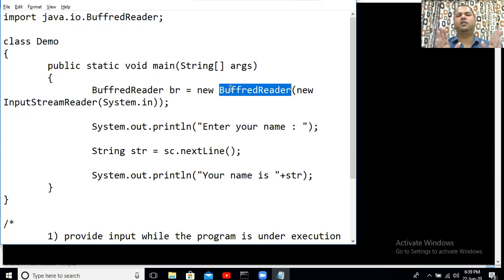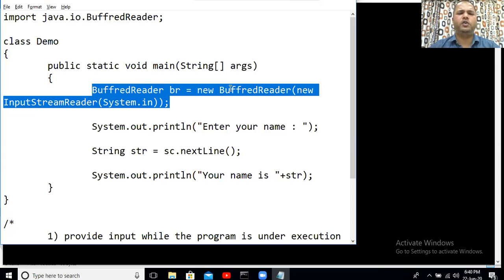Non-technically speaking, that is the explanation I can give you right now. Obviously we are going to see this in much more detail when we encounter the IO topic in Java, the input output topic. I'll be explaining everything in terms of technicality regarding this statement there.